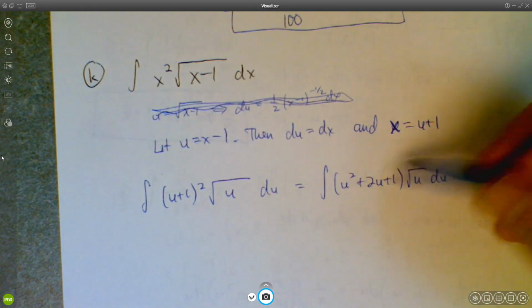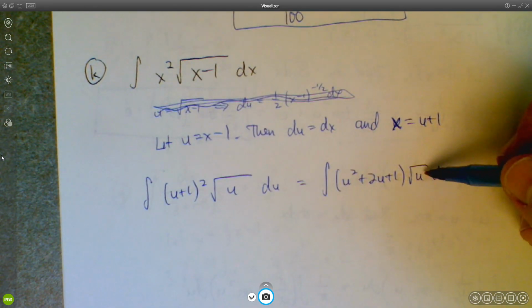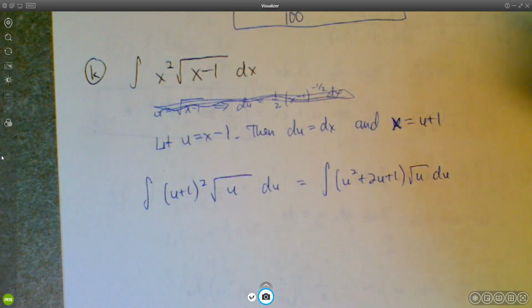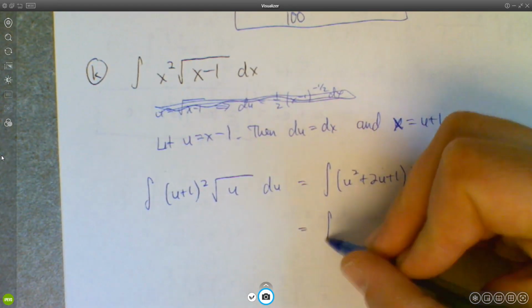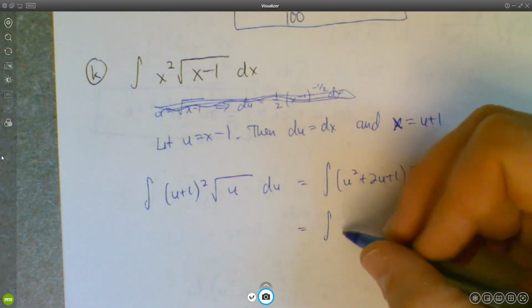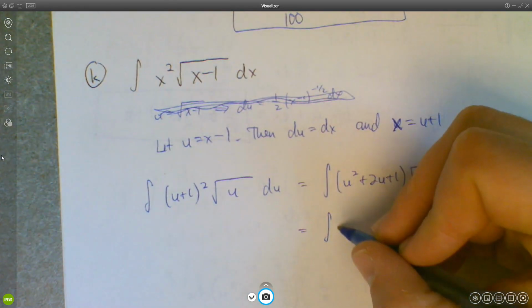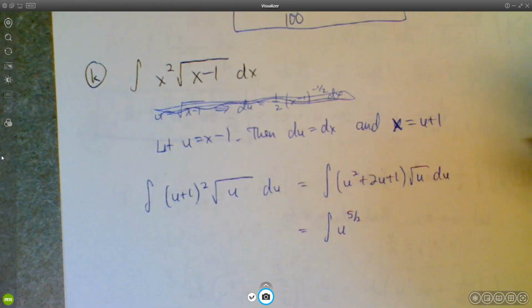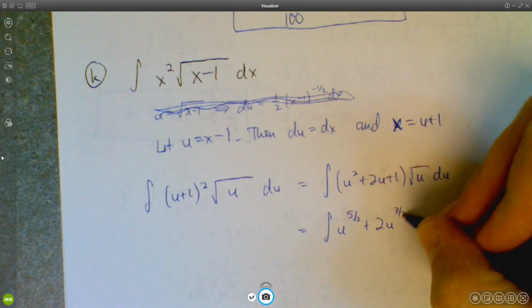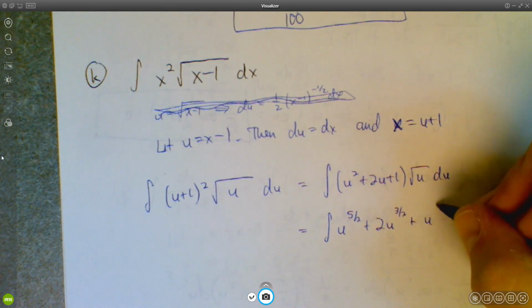And then we can distribute the square root of u, right? That's just u to the 1/2 power. And so we're going to add 1/2 to each of these exponents. And we're going to get 2 is 4/2, so 4/2 plus 1/2 is 5/2. We get u to the 5/2 plus 2u to the 1 plus 1/2, which is 3/2, plus u to the 1/2